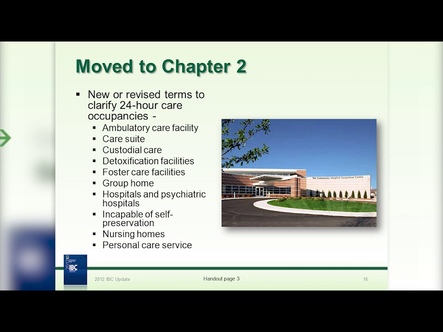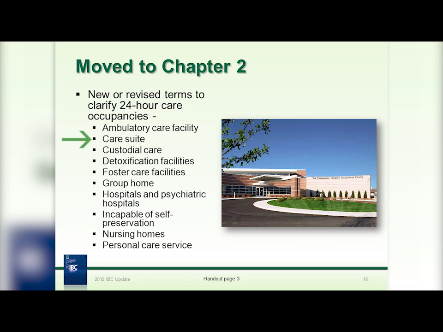Another change here is care suites. The provisions for care suites, because they just said suites, even though they were located under hospitals, would sometimes be broadly applied to all types of suites that might show up in the hospital. But really these provisions were mainly for patient sleeping rooms and patient care rooms. So they tried to change the definition to make that very clear that these were only for these particular types